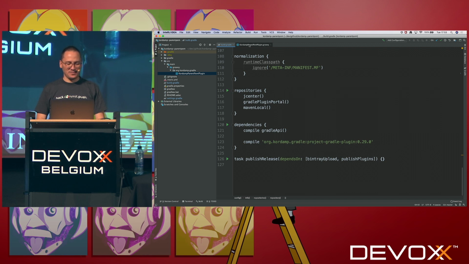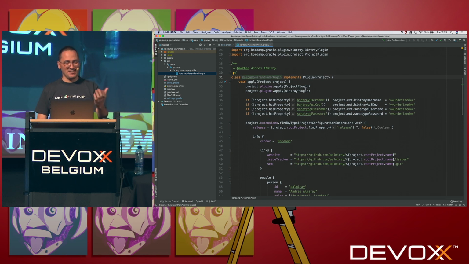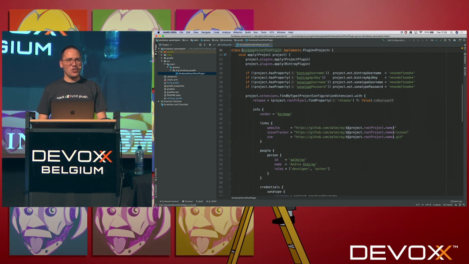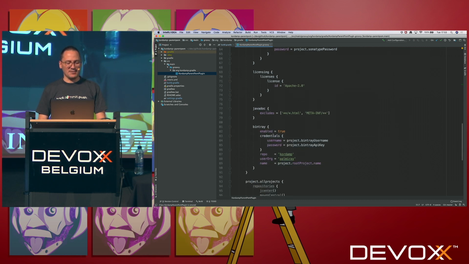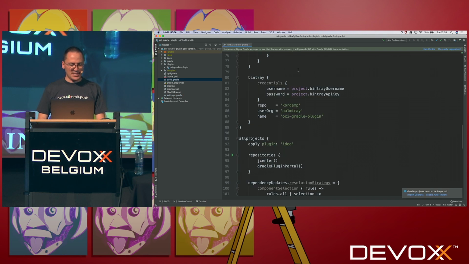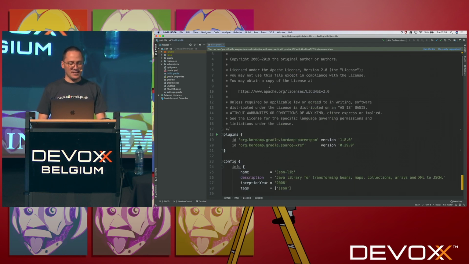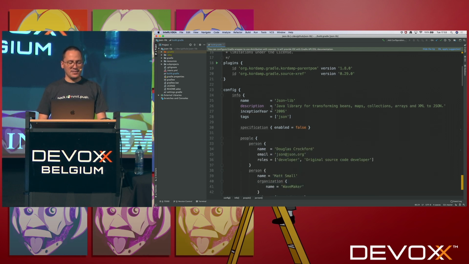So the class that defines the plugin is right here. This one applies the project plugin again, Bintray, and some default configurations such as these properties and vendor and links and so on, these things. Okay, so far so good. So what I'll do is publish this as a standard Gradle plugin and then consume it from another project. For example, the Json-lib project here. It applies that plugin, the Cordan plugin, parent POM, the latest version is this one, and it defines name, description,